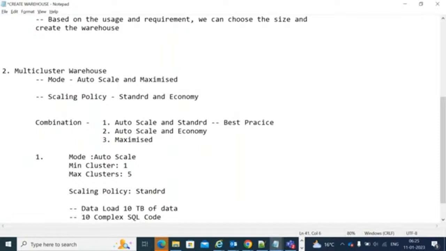You're submitting 10 complex SQL codes to execute and retrieve the data from Snowflake. Here also it will calculate internally. Suppose the user named XYZ has submitted around 3 queries, the user named ABC has submitted 4 queries, and another user has submitted 3 queries. So multiple users have submitted